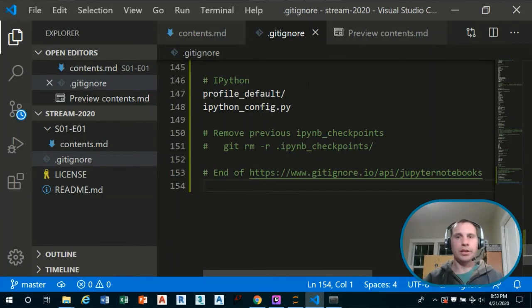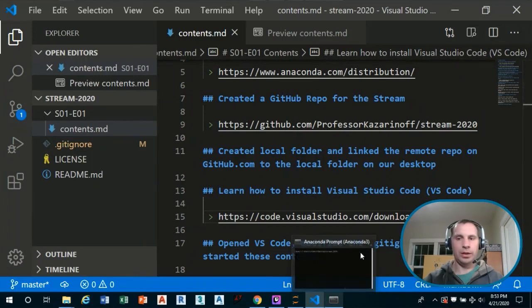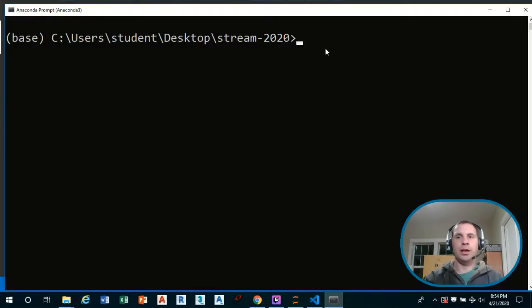So let's save that gitignore file, and then we'll go back to the Anaconda prompt because we've made some changes. Let's just add, commit, and push those changes like we just did before.